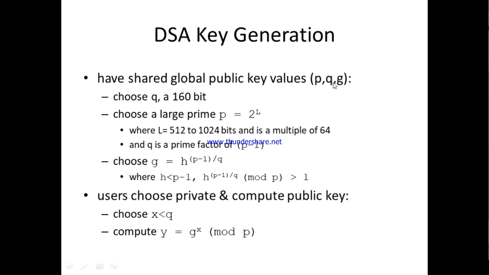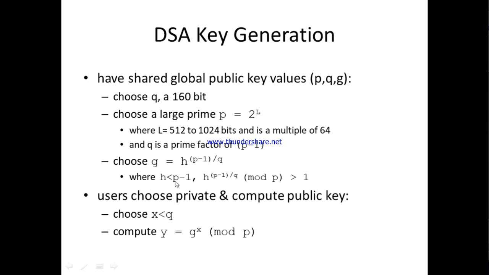Here, as in the RSA algorithm where we use P and Q, we are using three values: P, Q and G. Choose Q as a 160 bit value. P should be equal to 2 power L, where L is 512 to 1024 bits, in multiples of 64. And Q is a prime factor of P minus 1. In that way P and Q should be chosen, and the G value should be such that H power P minus 1 divided by Q,